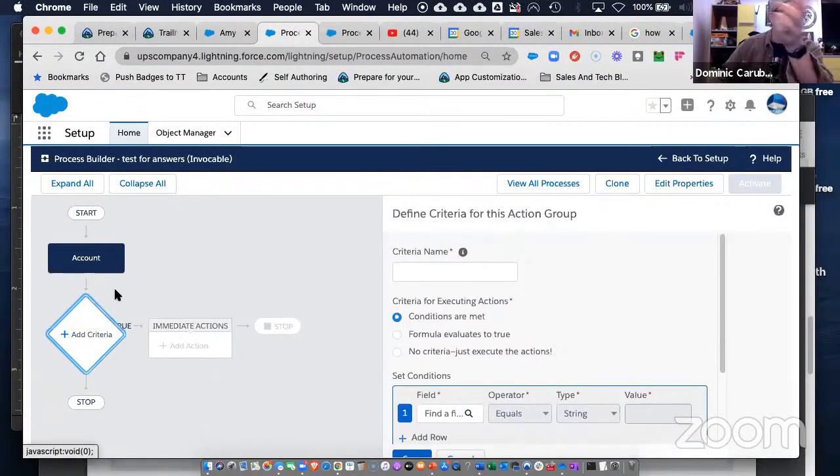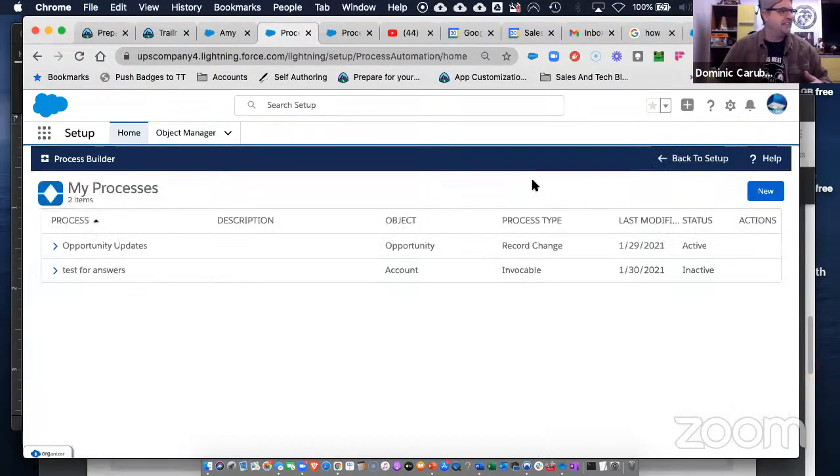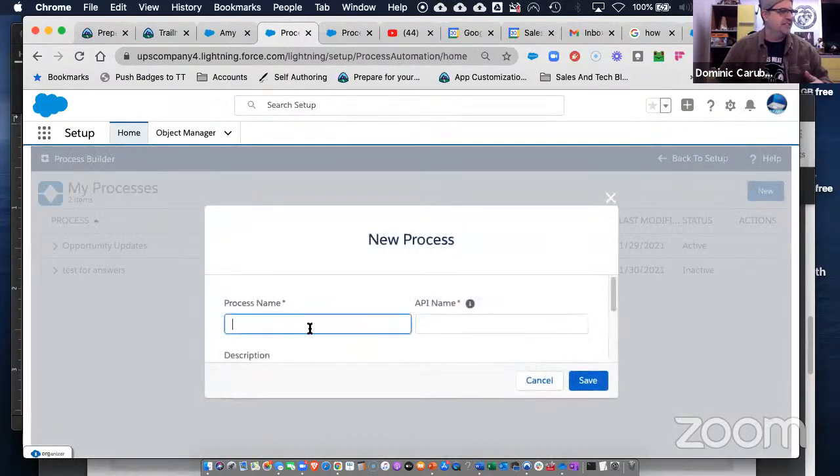Okay. So it's different. You just pick the object you're going to work on, because other objects kicking off a process would kick this off. So I might have just a set of those for that object. So I know if any of these processes run, it's because something else triggered it. I might do that. So it's two, let's see, view all processes. And then the other one is